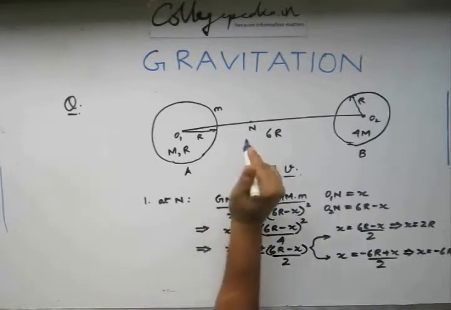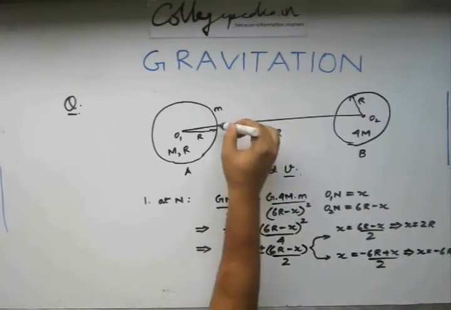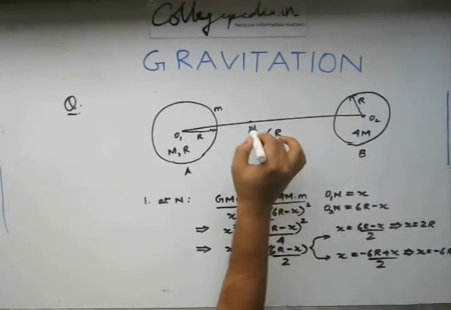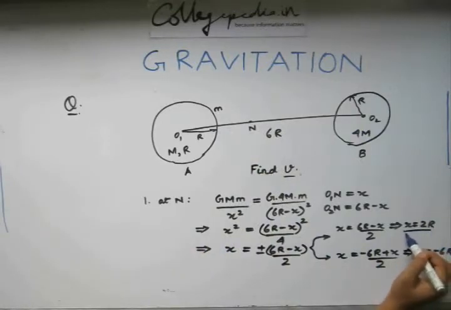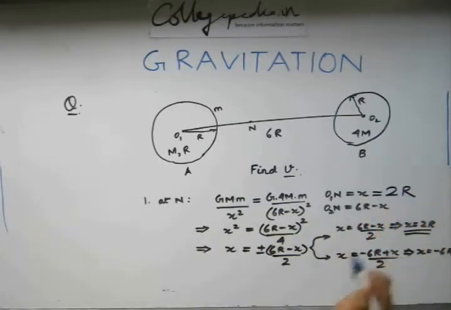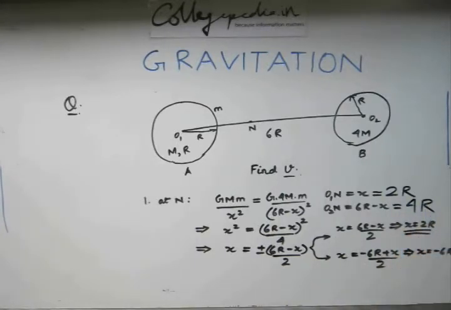Being a negative quantity, it is going to lie somewhere on the left of this O1. Because we are looking at the neutral point here, because the body has to be projected and go up to the surface of B here, we will be looking at the neutral point at which the x we found is positive. So this is our x. So O1n is going to be 2r. This consequently is 4r. This is the first step of our problem.